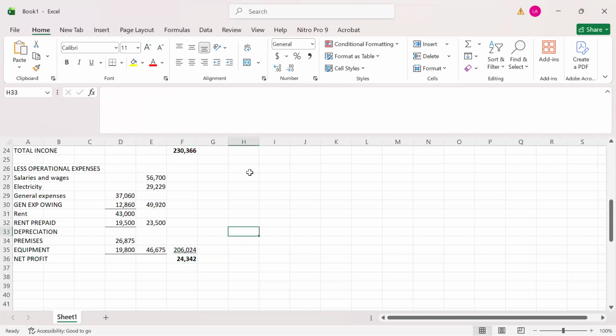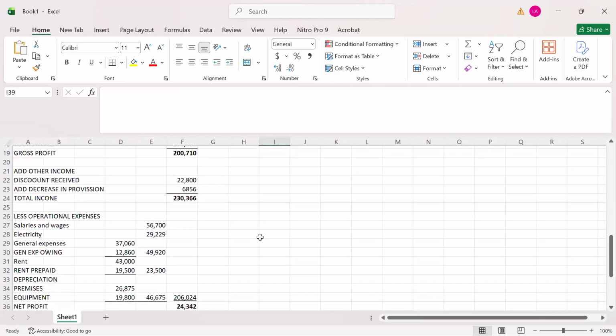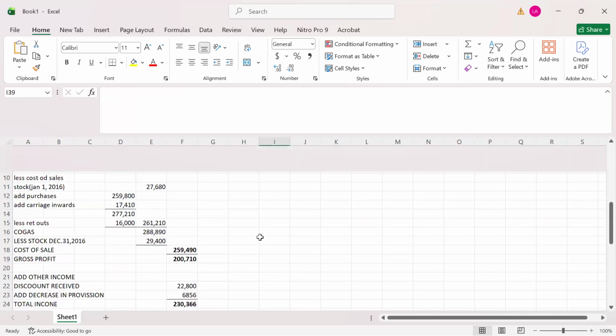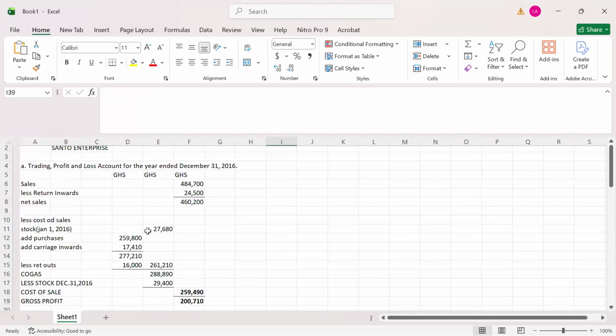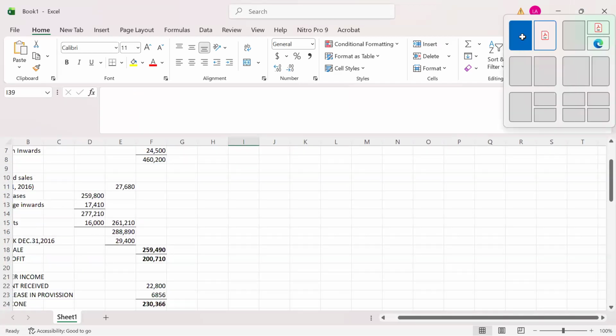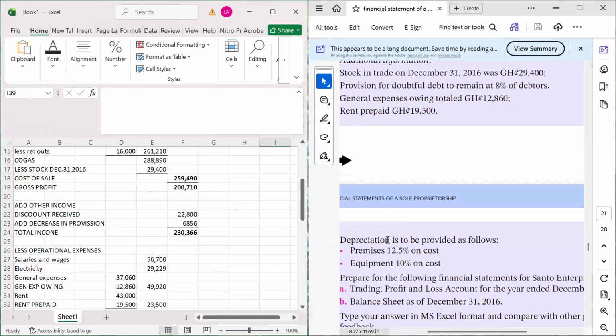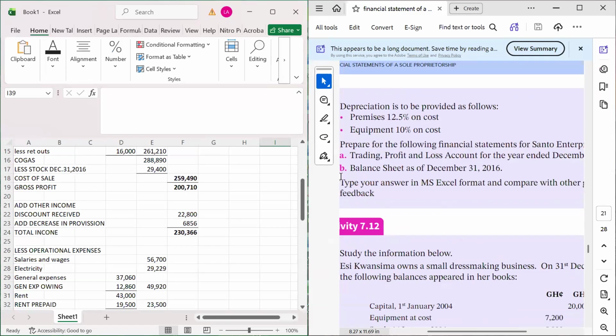Now, when you finish your trading profit and loss account like this, then you are left to do the balance sheet. Do your balance sheet. That is the second requirement. So the A part of the question we have finished. Now, let's see the B part. The B part says prepare a balance sheet